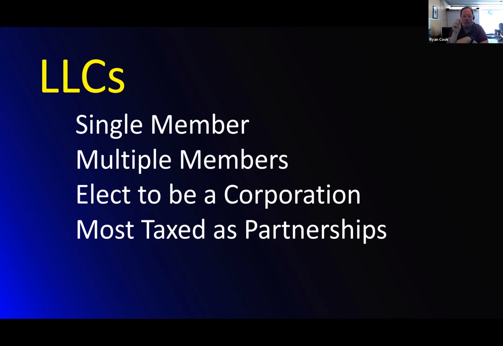It's like a whole bunch of little S corps, if you want to think about that, owners of an S corp. And it can elect to work that way. If it doesn't make a declaration that it's going to be a single member or that it's going to work like a corporation,